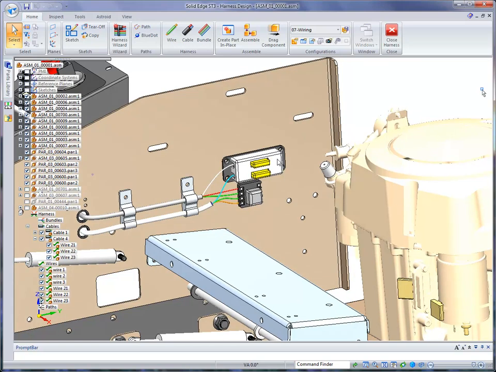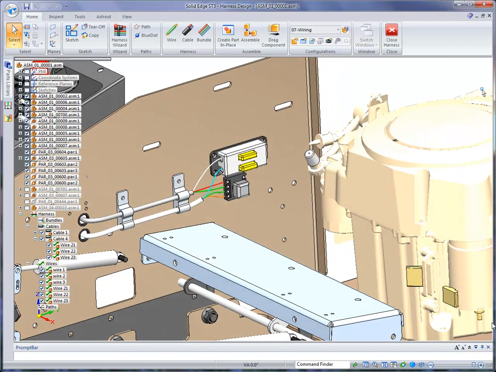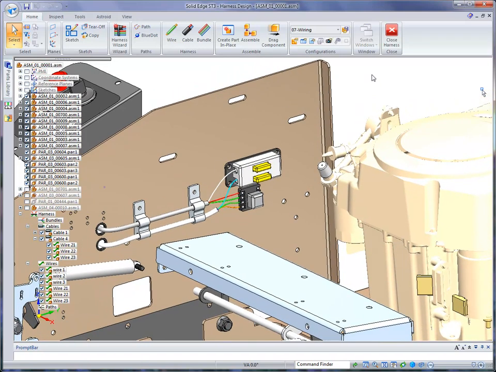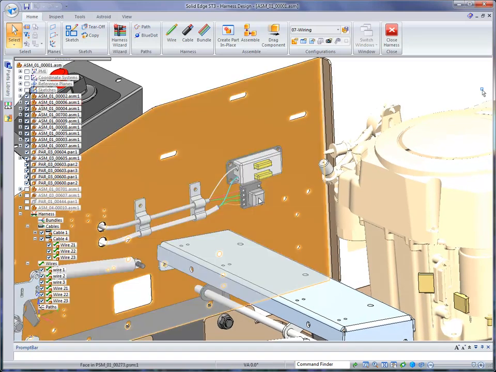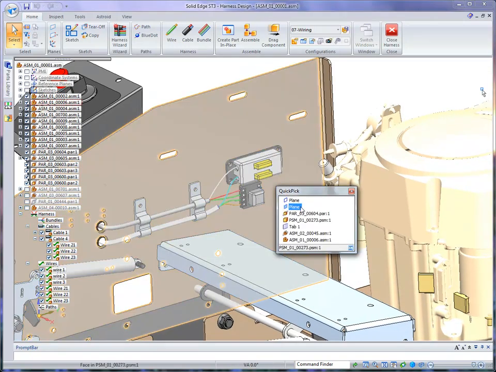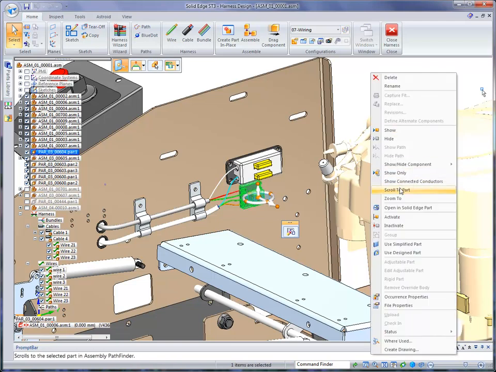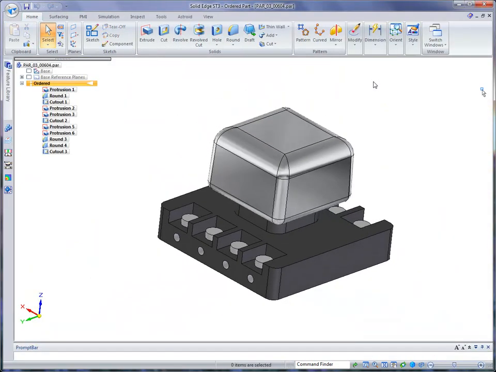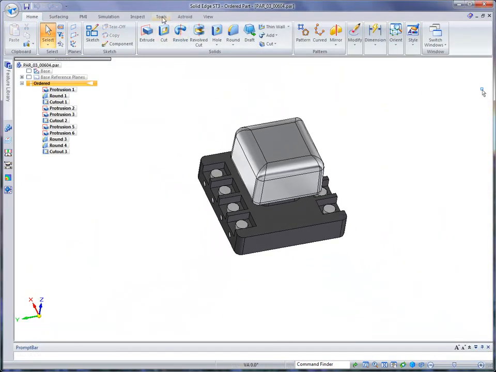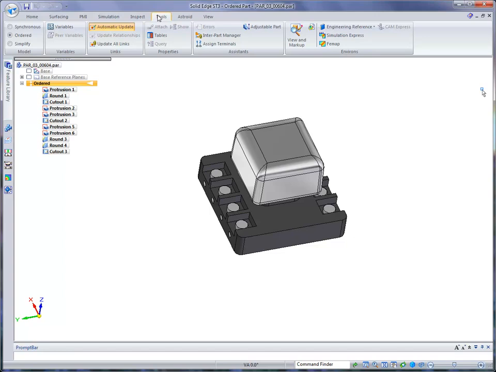For example, I have these two components and I have a couple of components on the engine, and I'd like to be able to read information into those components. One of the key things with that is, though, you have to be able to name the components. And so what I'm going to do is I'm going to identify this part, and I'm going to open this part in Solid Edge. And then if we go to the Tools tab, you'll notice that there's an Assign Terminals